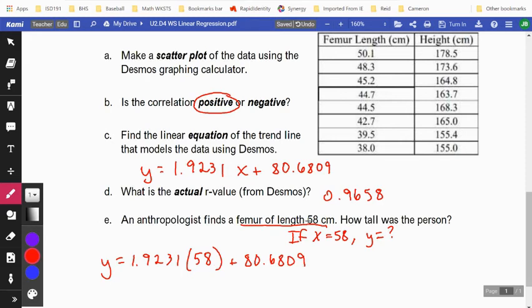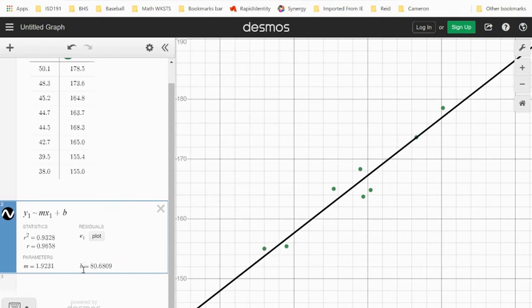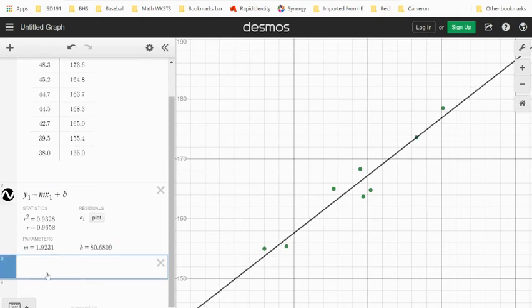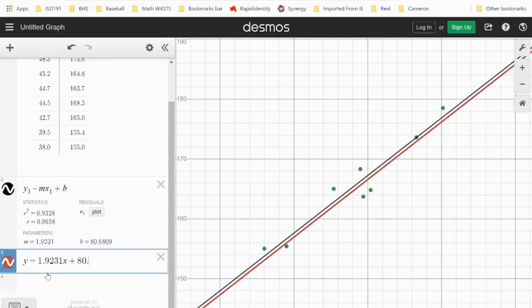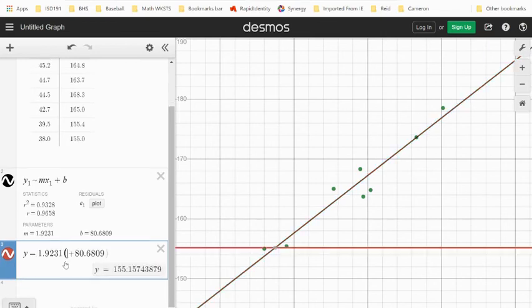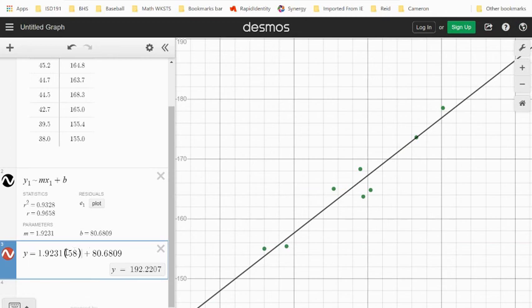So let's see, 58 centimeters is my x value. I can see here it's y equals 1.9231 x plus 80.6809. And my x value was 58 centimeters. Put it in parentheses so your calculator knows to multiply it. And we end up with